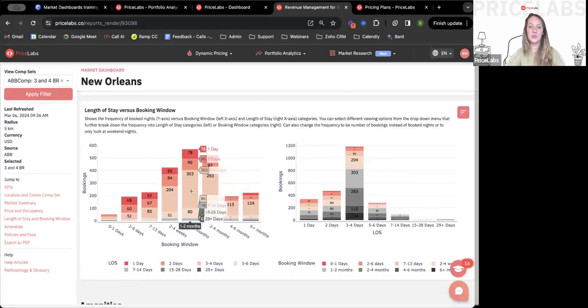So if I look at this 1 to 2 month column here, you'll now be able to see that of those couple hundred bookings that came in for that booking window, you can see how they're categorized by length of stay. So, of the bookings that came in for a 1 to 2 month booking window, 303 of those were 3 to 4 night bookings. Now, this matches this chart here because